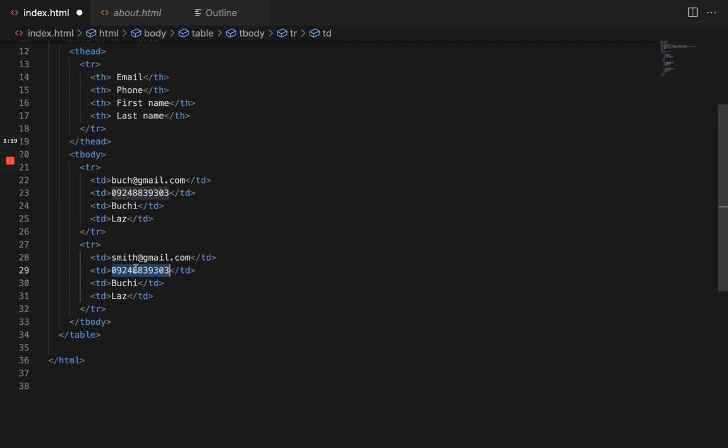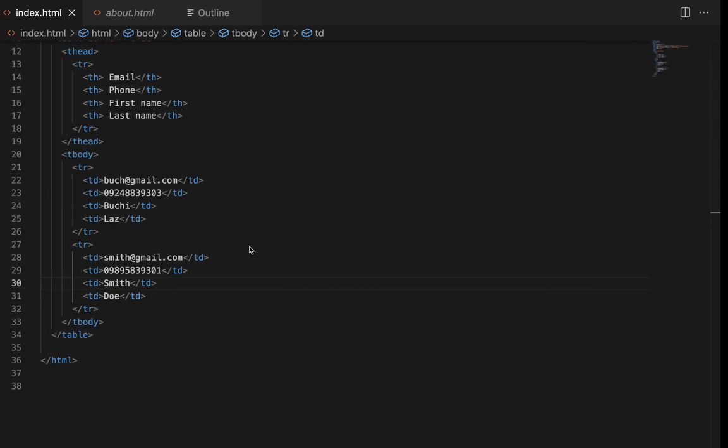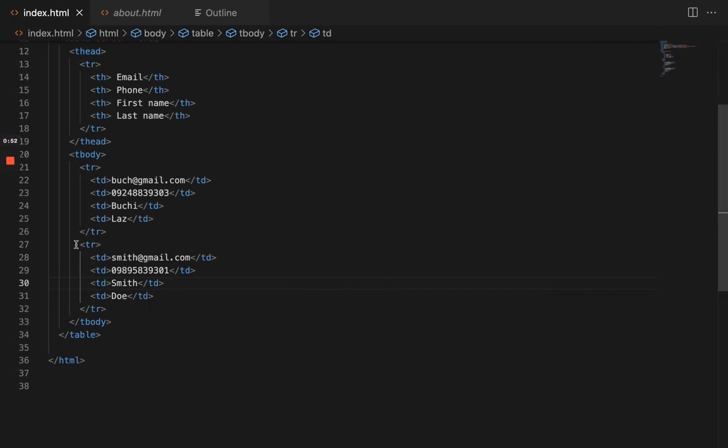The phone number, just change a couple of digits, and then Smith Doe. And then save this, and there you go. You have another row, and if you wanted to add another row, you could go on and on and on